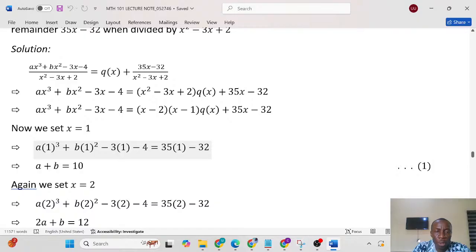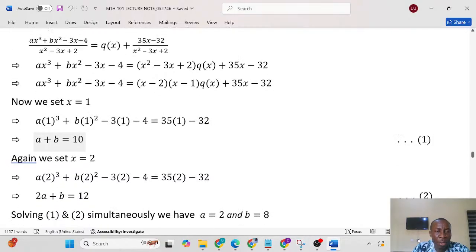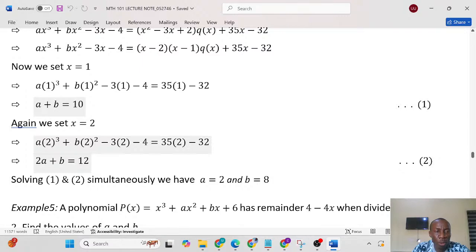This one will be equal to 35 times 1 minus 32. So if you look at it from the left-hand side, you have a plus b minus 7 equals 3. If you collect like terms, you have a plus b equals 10. Now again, if you set your x to be equal to 2, you have,